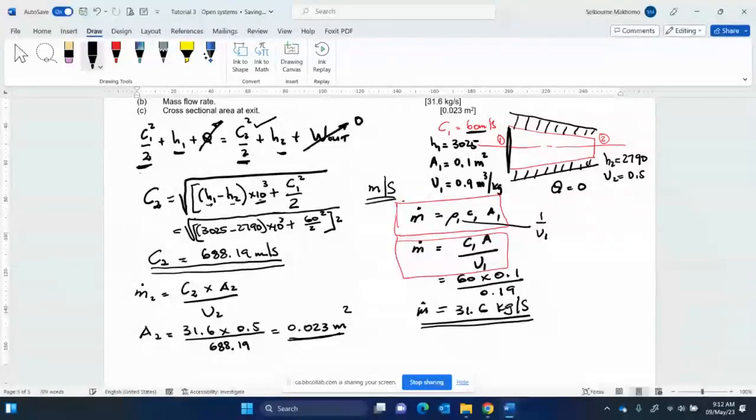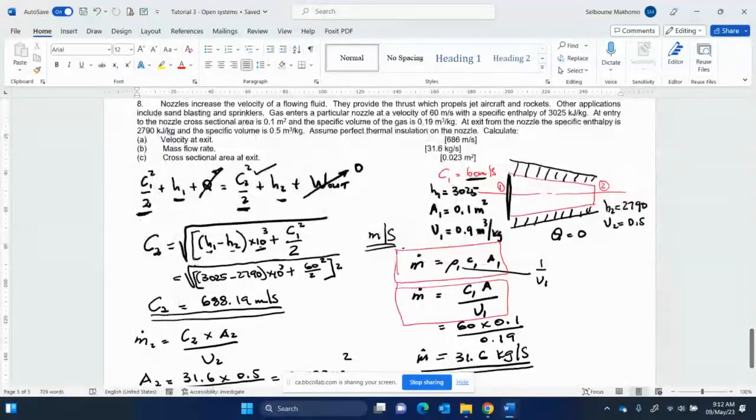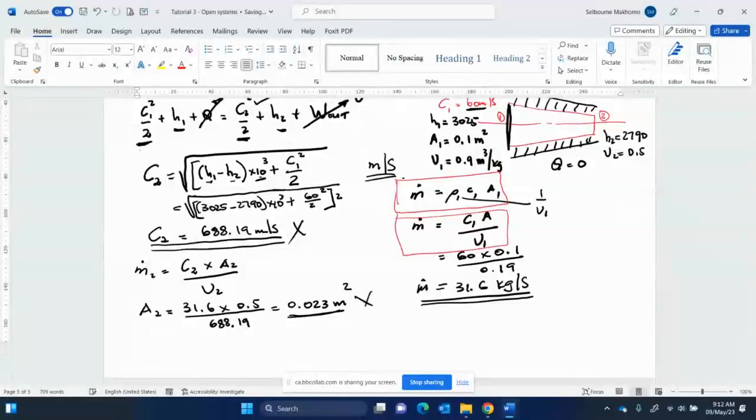So it means that if you make a mistake with the first one, it is going to affect the next. If this velocity is wrong, that value is also going to be wrong, because you are going to use your velocity to calculate your area at the outlet. Okay. Right, so we have done a nozzle,